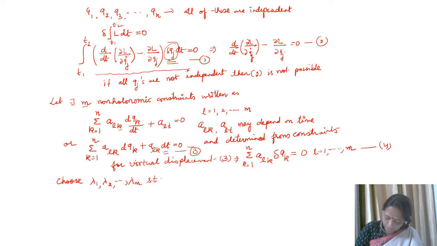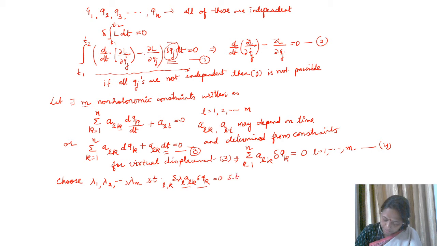such that sigma A_LK, you put here a lambda L, A_LK delta QK. Now in this case you are having L and K both as the dummy suffix, so the summation is with respect to L as well as K. This is 0